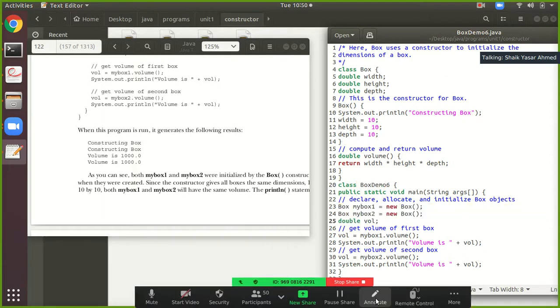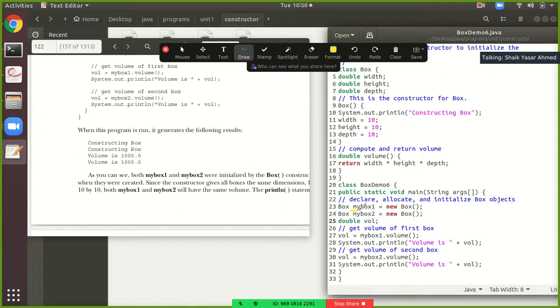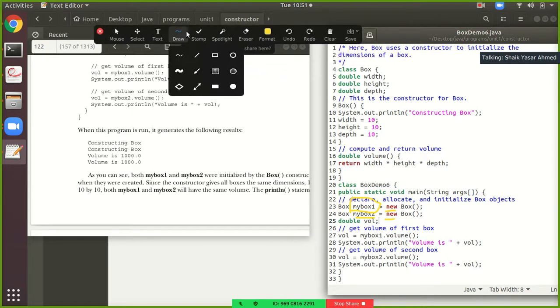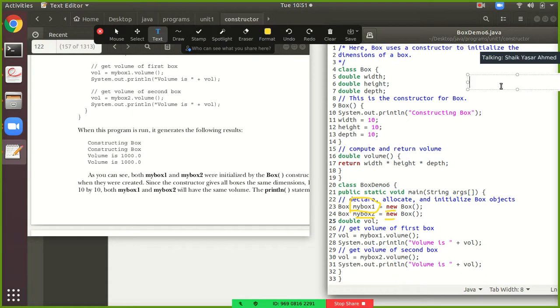Line number 23 and 24, class Box, this is my box 1, an object which is allocated memory by the new operator. Similarly mybox2 also is allocated memory by new. Each and every time a new operator is encountered, it will generate memory. So for the 23rd line, memory will be allocated to mybox1. I will draw this.